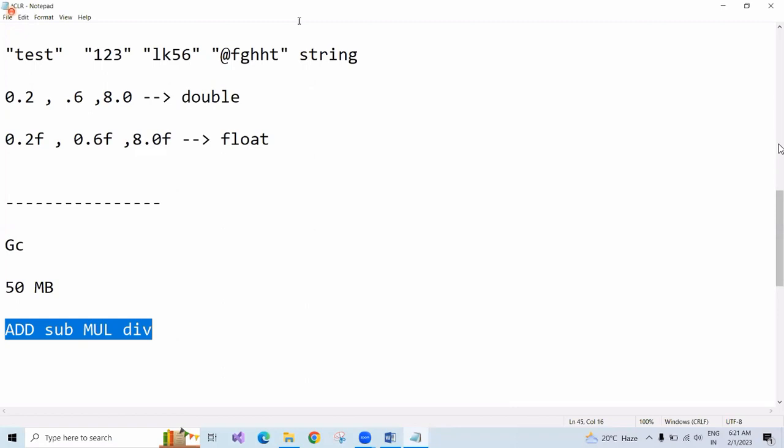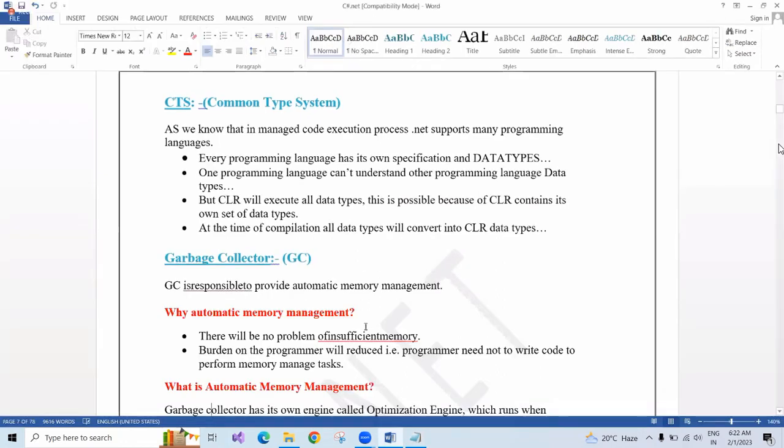So that's what happened. Microsoft thought, my developer should be free, and you people are lucky you have chosen .NET. We have one concept called automatic memory management. Okay, guys, got it now? That's why I'm explaining all these things. In our .NET application, we don't need to think anything about the memory.